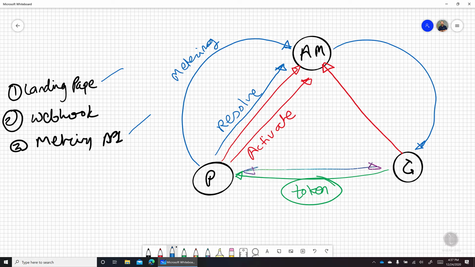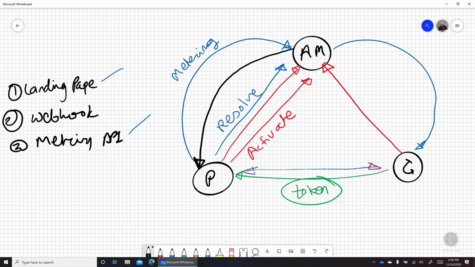Now the second topic listed over here is a webhook. Suppose this customer is using the services on Azure and has provided a credit card, but that credit card is expired. In that case, Microsoft Azure Marketplace needs to send you that information, that this customer has an expired credit card, so you need to suspend that subscription. So in that case, you need to implement a webhook.